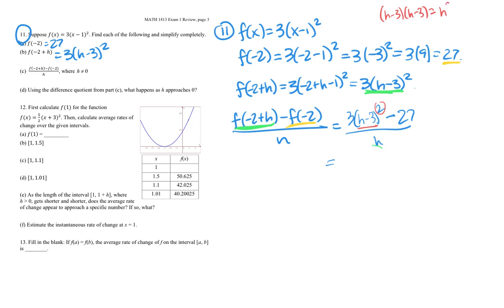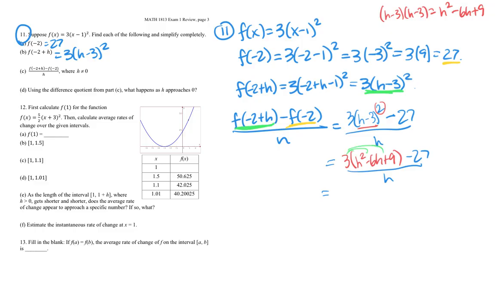And that gives me h squared minus 3h minus 3h, so minus 6h, and then plus 9. So that gives me 3 times h squared minus 6h plus 9 minus 27 over h. If I distribute the 3,